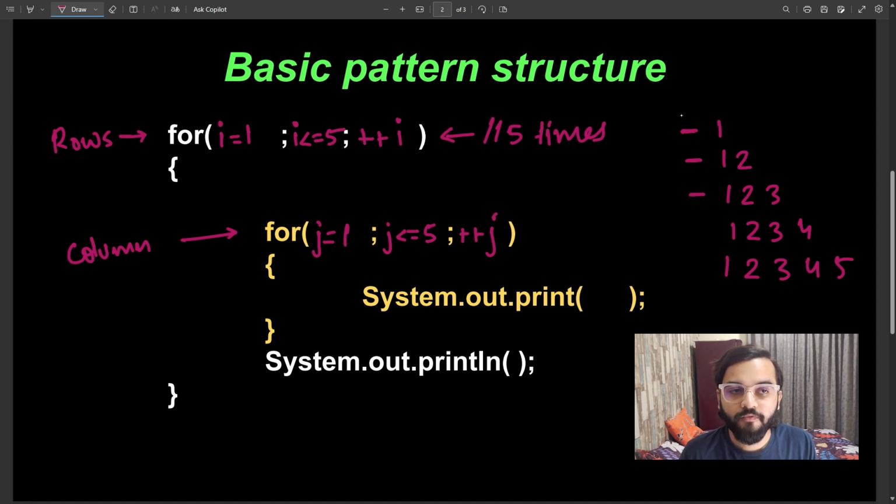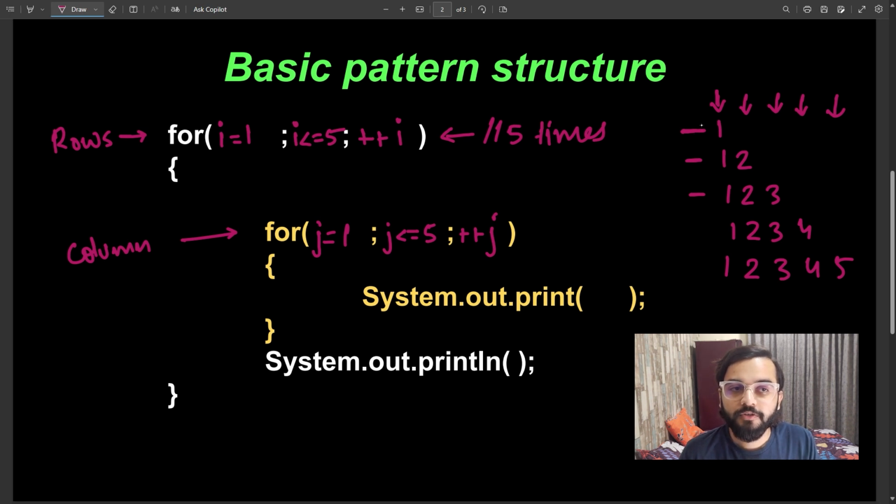So the number of values that has to be displayed in a row depends on the row number that we are using in our pattern program. We can simply say that whatever the row number is, that many columns should be there in that particular row.